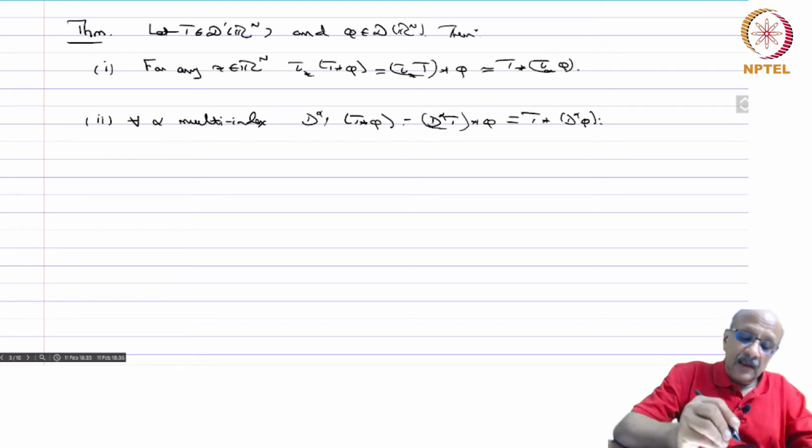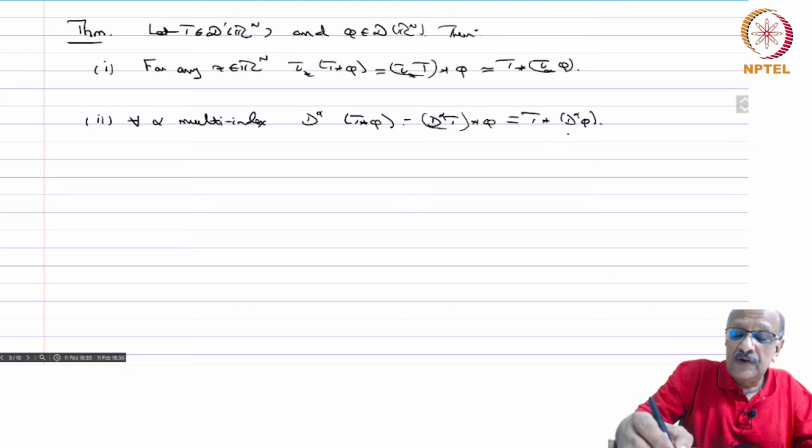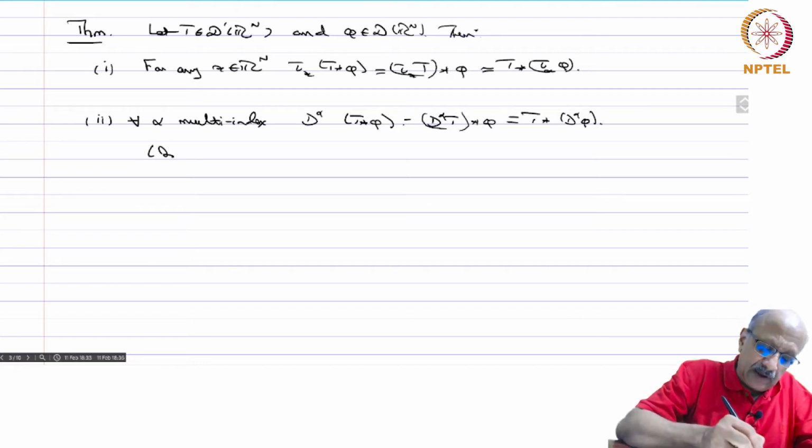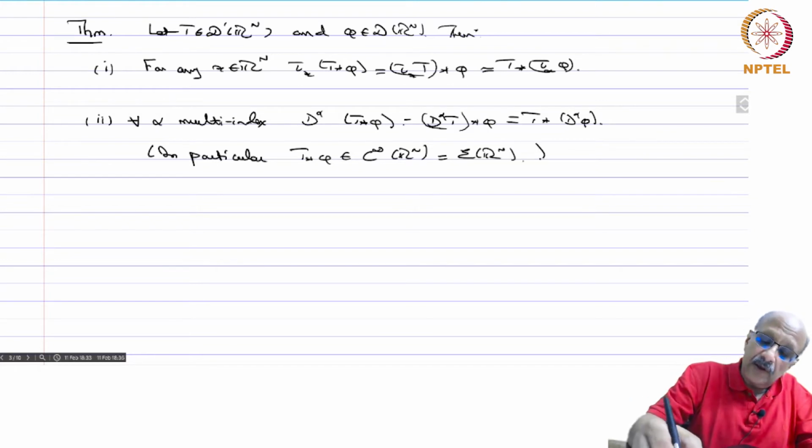So again you can take any derivative that exists, and the derivative can be pushed to either differentiate the distribution or differentiate the function. So in particular, T star phi belongs to C infinity of Rn, which in our notation is of course E of Rn. Okay. So 3,